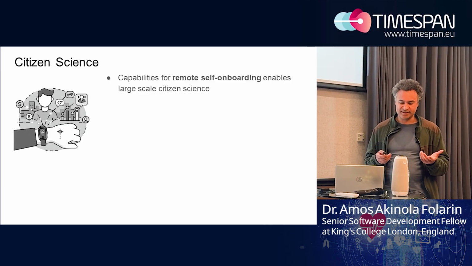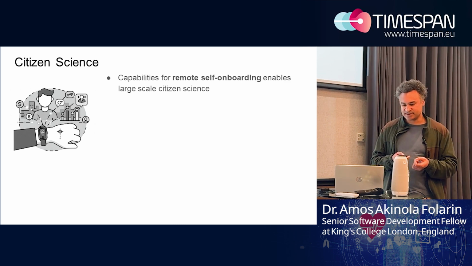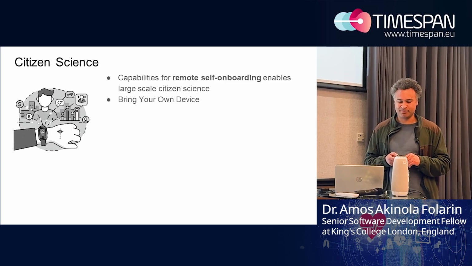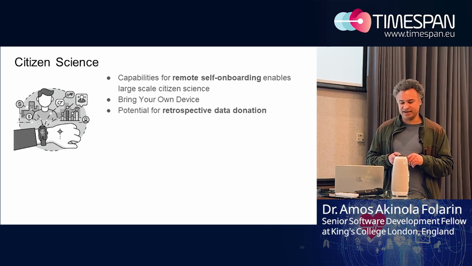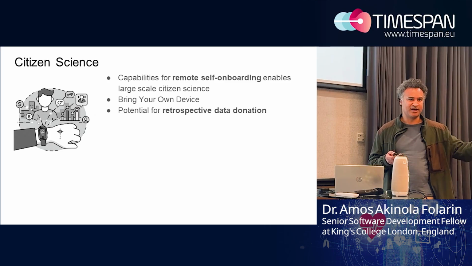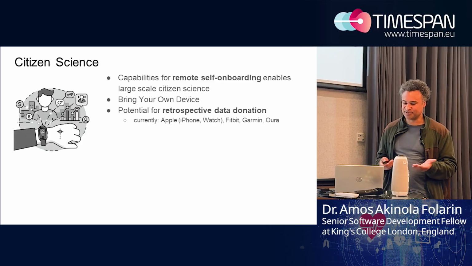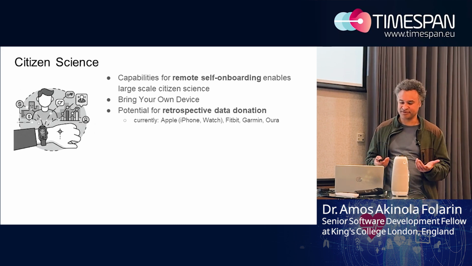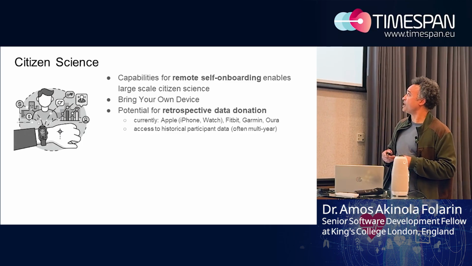Here, we will almost always self-onboard the participants. So we will use something like the self-enrollment portal I mentioned earlier. Almost always the participants will be providing their own devices. And as I said, a huge advantage here is that you can get straight away multiple years' worth of data, and it's really cheap, enormously scalable. And we've had some really nice studies where we've started looking at this sort of approach. It's a very different sort of thing from the cohorts. So yeah, access to historical data.